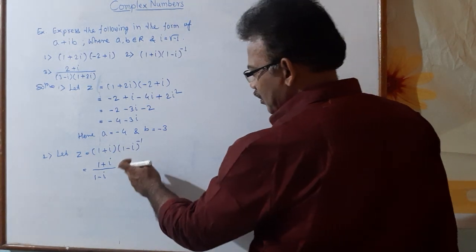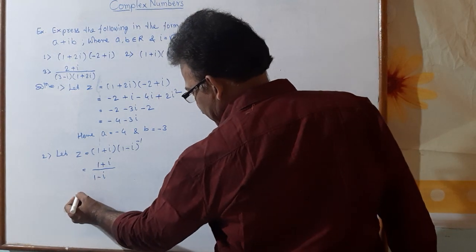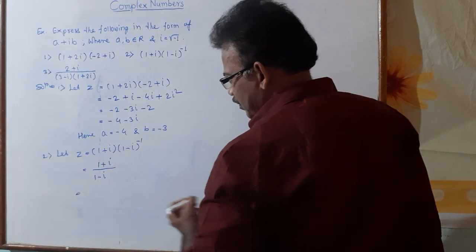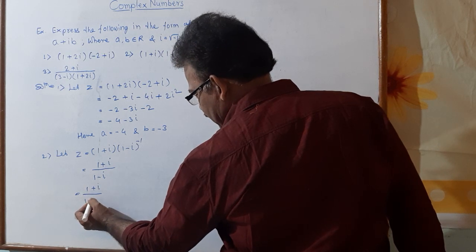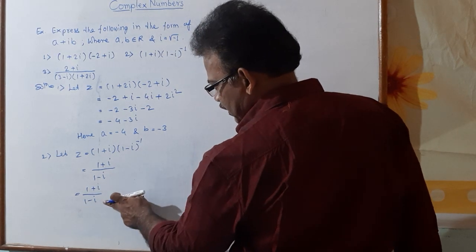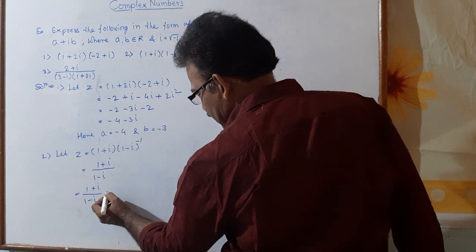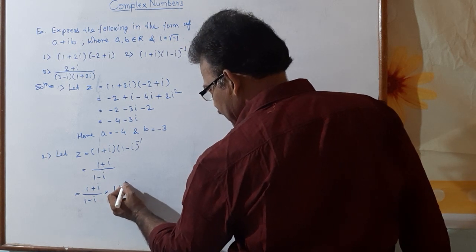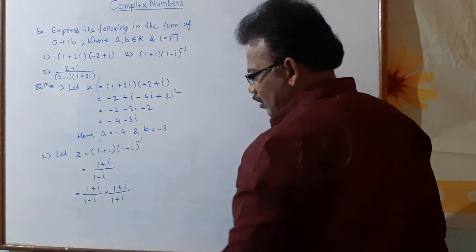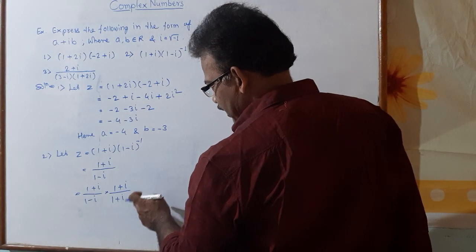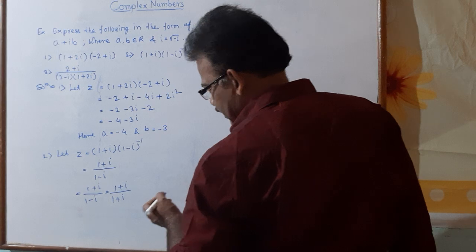So here it is a division of two complex numbers, and we know the procedure, the method, of how to take division of two complex numbers. What is the procedure? We take the conjugate of the denominator. Conjugate means opposite sign. For 1 minus i, we take 1 plus i, multiply by 1 plus i, and also divide by 1 plus i. Conjugate of the denominator is 1 plus i. So multiply and divide by the conjugate and simplify this.